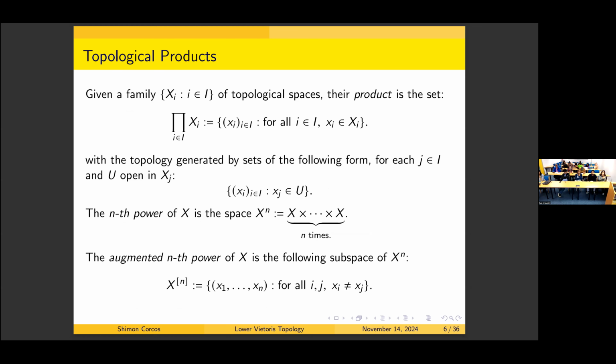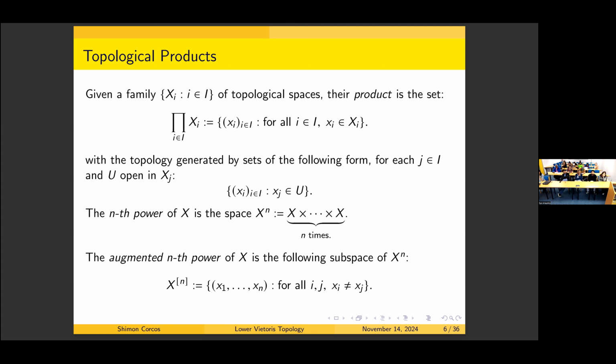Here I'm defining a topological space that we discussed throughout the talk. If we have a family of topological spaces, we call these factors, then we can consider their Cartesian product. And we define the topological product where the points are ordered collections of points, each of which comes from each of these factors. And we can generate a topology on it,